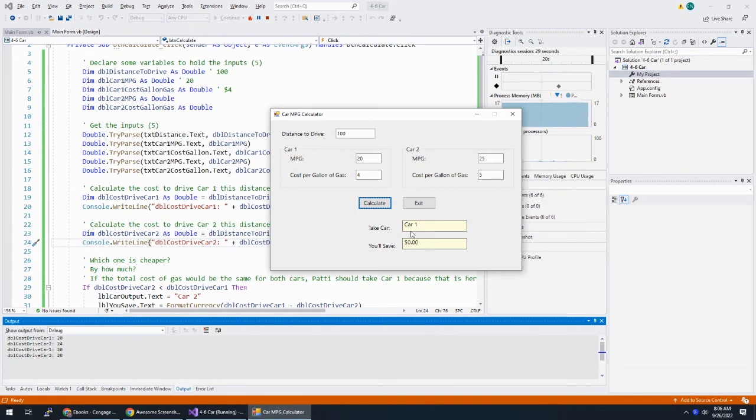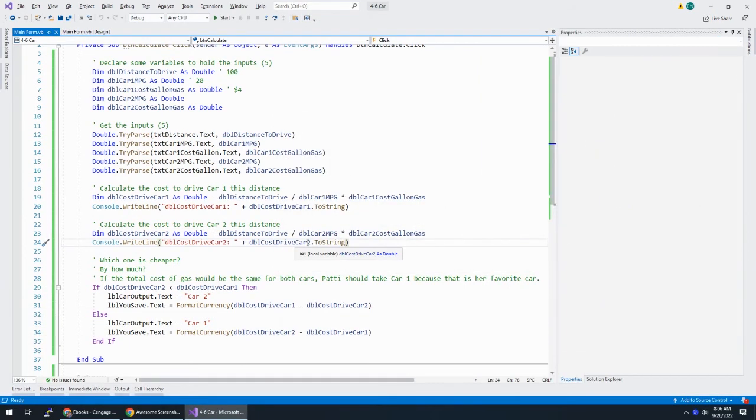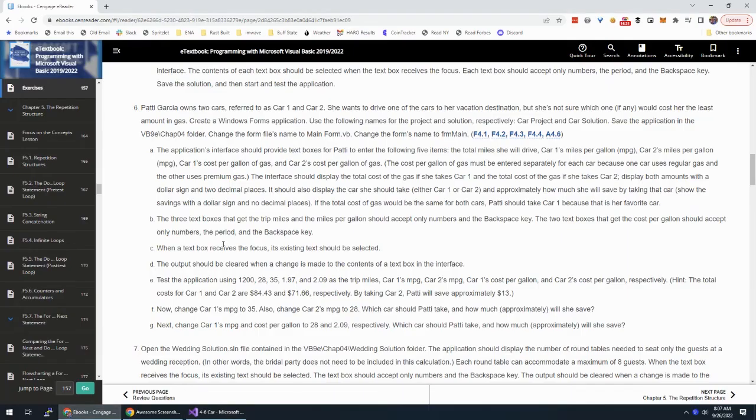All right, I don't like the way this output is lining up. We'll have to change that. That's just an output thing, whatever. So that is most of this assignment. Okay, if I go back here,